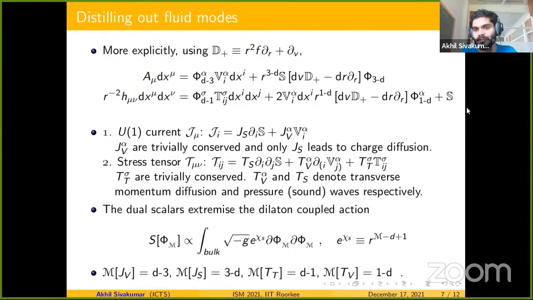The thing about the scalar sector is that the action is slightly more complicated, but it is almost along the same lines. The thing you have to notice here is that for these sectors which I advertised as short-lived sectors, the scalar directly maps to the gauge field in the bulk. But for these long-lived sectors, it is actually the radial momentum of the scalar which maps to the gauge fields in the bulk.